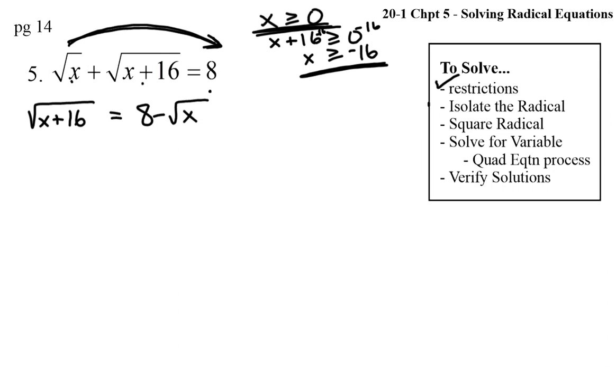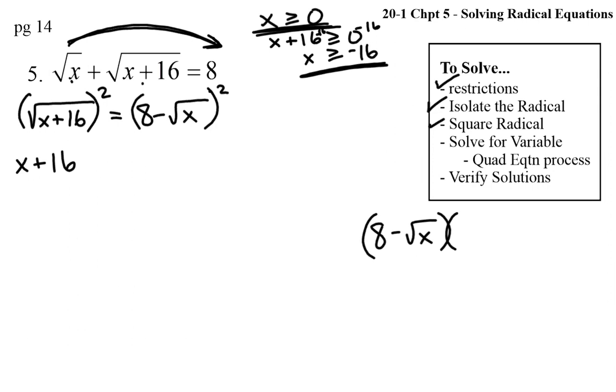Well, we've isolated the radical on each side, so now we square the radical, square this side to get x plus 16, but I need to square this side, 8 minus root x. That's going to be a little bit of scratch work off to the side because it is not straightforward. 8 minus root x squared requires FOIL, so we're going to have 64, negative 8 root x,